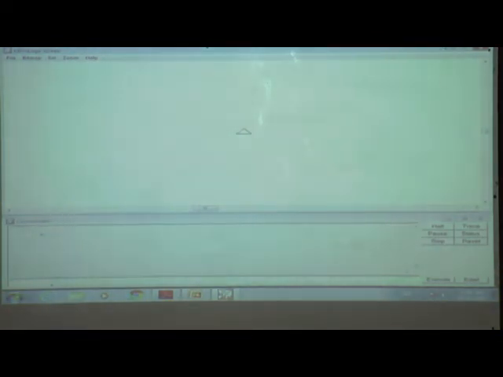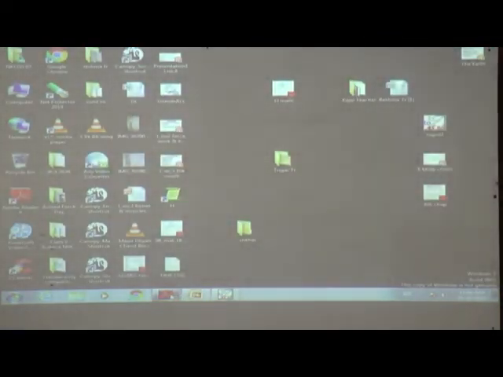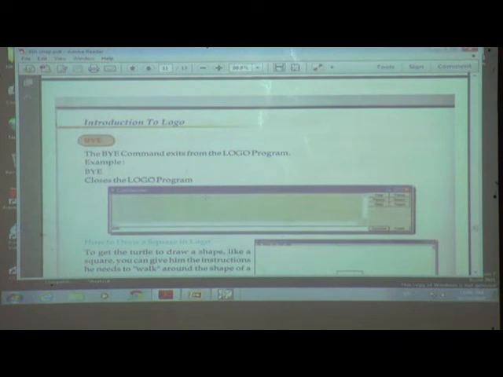Now I open a new program here. But instead of pressing this close button, if I write the bye primitive, then also we can exit from our logo program.